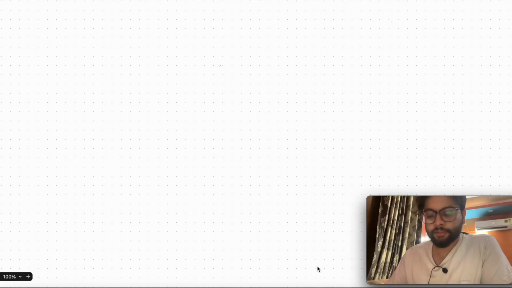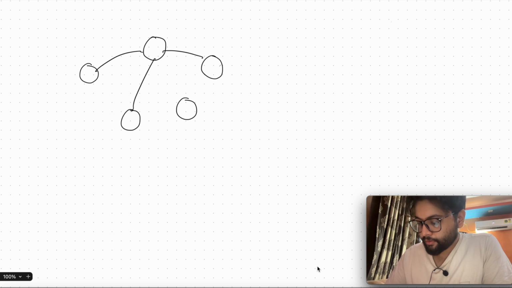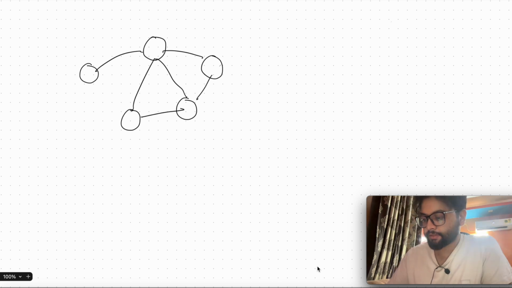Let's look at a very interesting problem here. So the problem goes like this. What we have is a railway network with a collection of stations. Maybe our network might look like this, where this can be called a railway